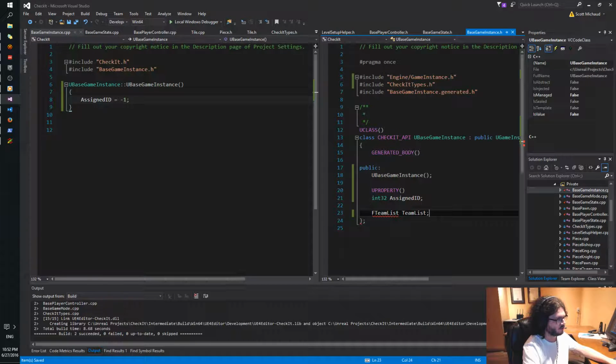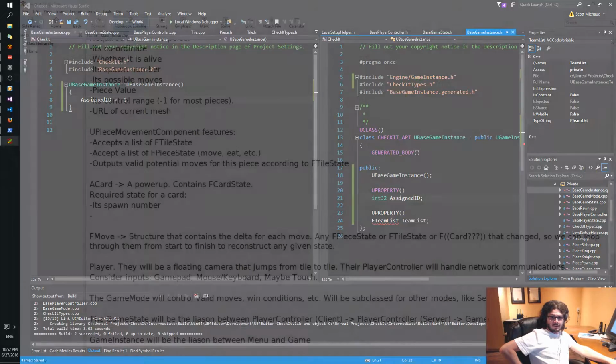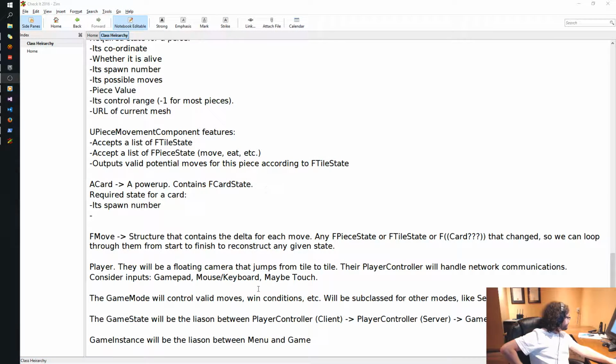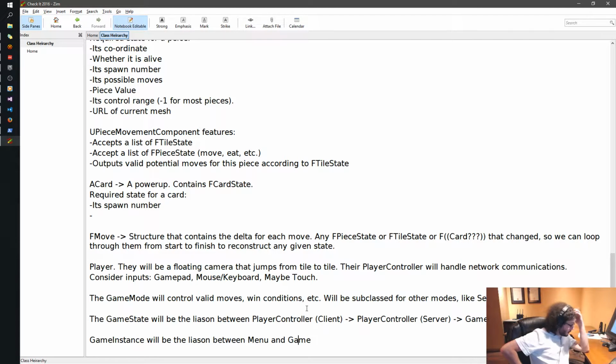And then a bunch of UFUNCTIONs. So let's see, did I add anything I needed for game state or game instance? Looking down my wiki. We'll be liaison between menu and game. I didn't actually define what I'm trying to do.